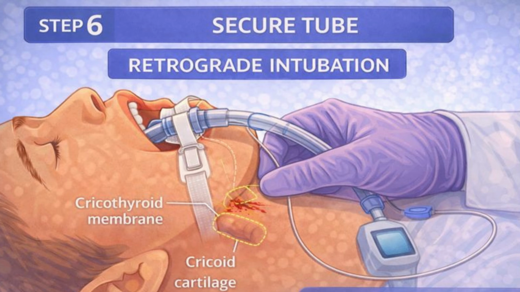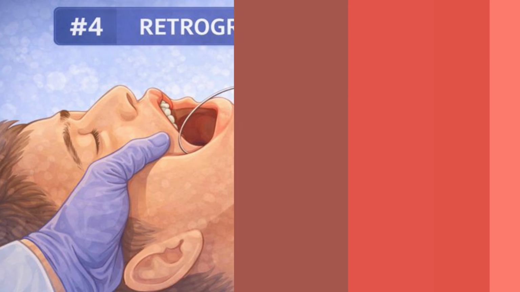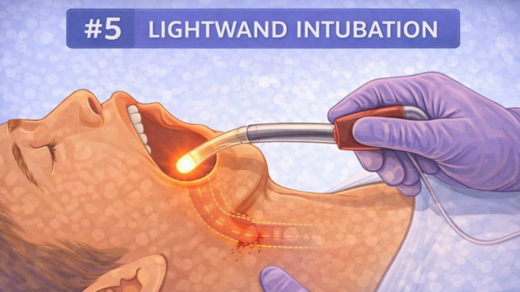Retrograde intubation works without direct visualization of the vocal cords. It relies on anatomy and direction rather than vision. This technique requires time and patience. But when the upper airway is distorted and visualization is impossible, it can be life-saving. And when even vision and anatomy fail, there is still one technique left that does not rely on seeing the